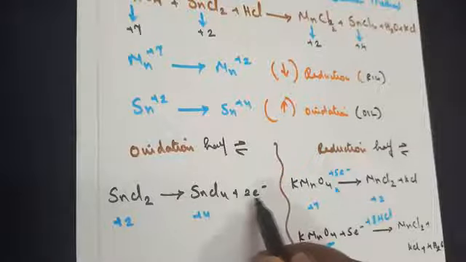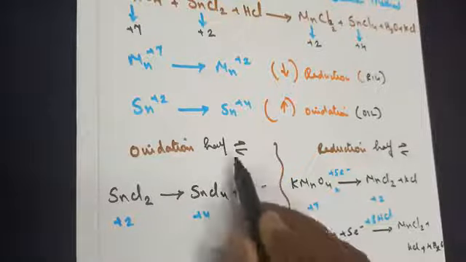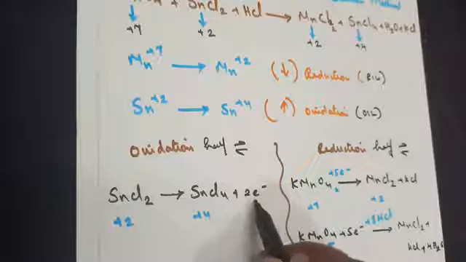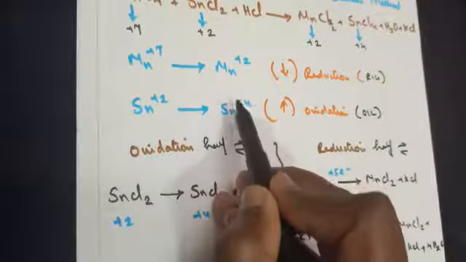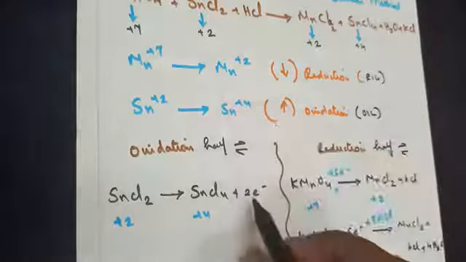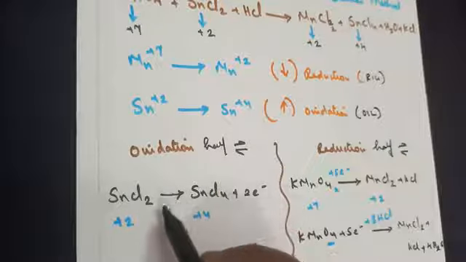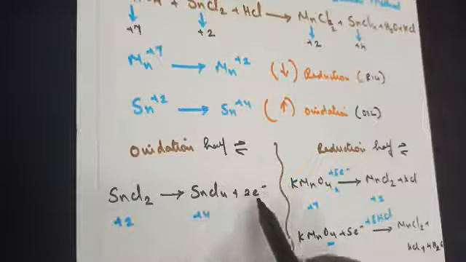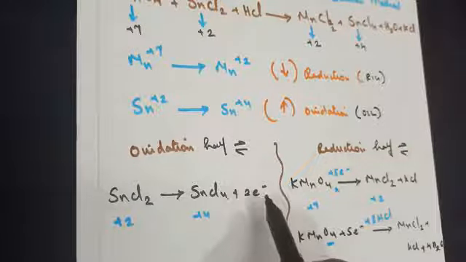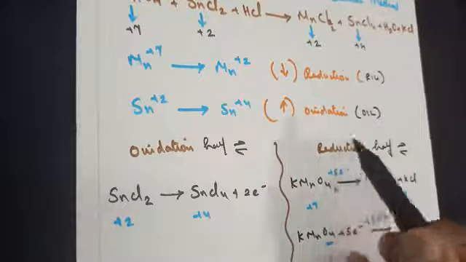So the losing of 2 electrons I have written on the product side. From where am I getting these 2 electrons? Remember the difference between 2 and 4? It is 2 electrons. So in oxidation, stannous is losing 2 electrons to become stannic chloride. So the losing of electrons we represent on the product side. Now come back to reduction.